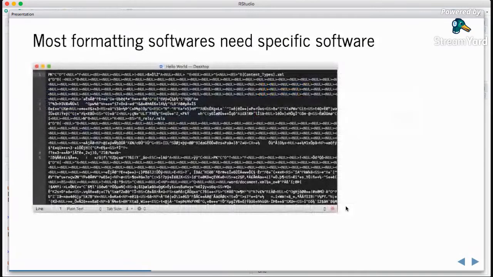But the disadvantage is that if you try to open a Word document in a normal text editor, so this is trying to open this exact file in a simple text editor, this is what you see, right? So it's not universal. You need some special software to open it. For example, you can also use LibreOffice to open Word documents, but essentially there is an underlying